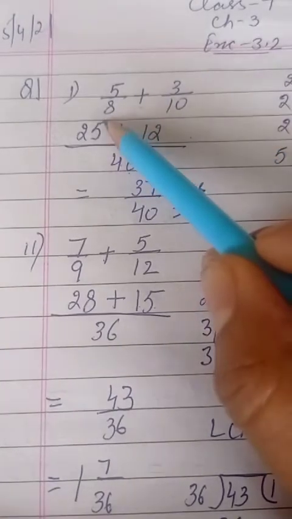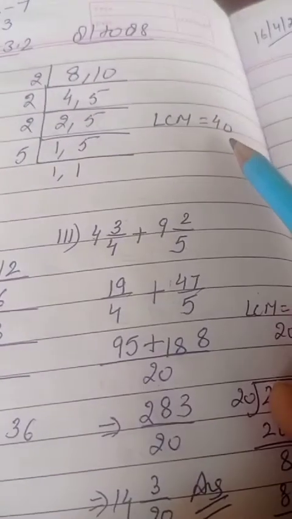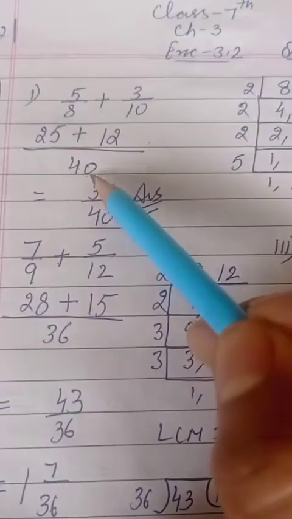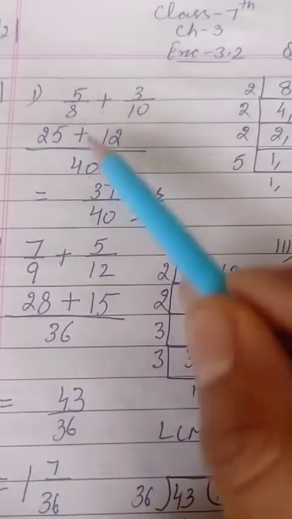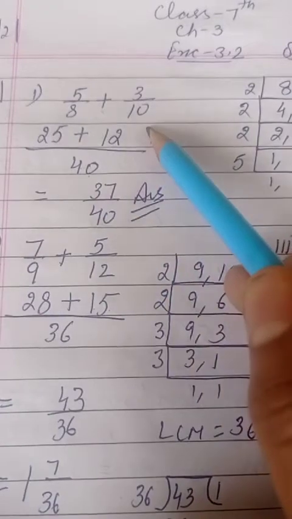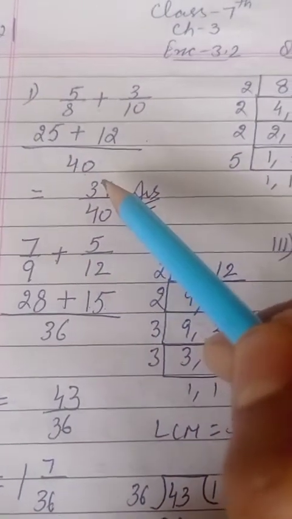So by taking LCM. First of all, you have to take LCM of 8 and 10, that is 40. Clear? So write here 40. 40 divided by 8 is 5. 5 5s are 25. Then after the plus sign, 40 divided by 10 is 4. 4 3s are 12. Add it. This is a proper fraction. So this is your answer.